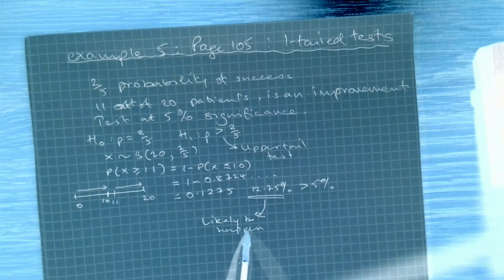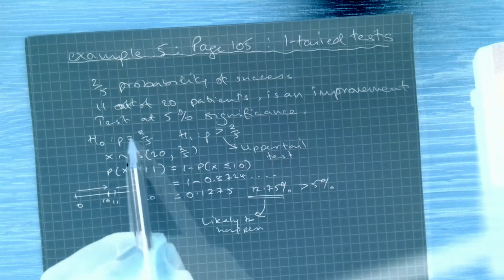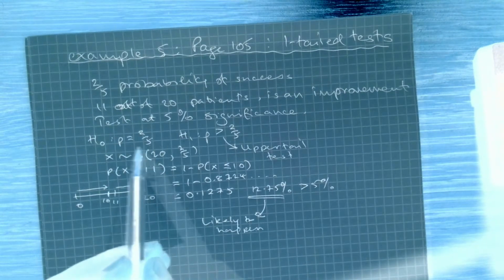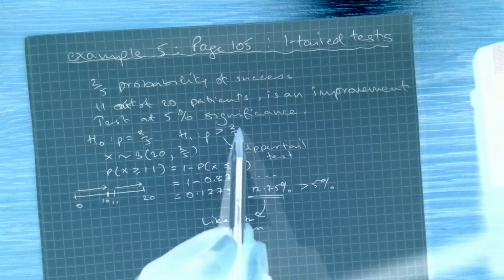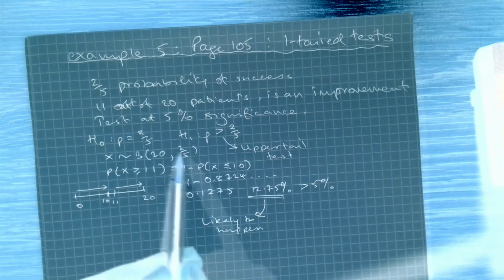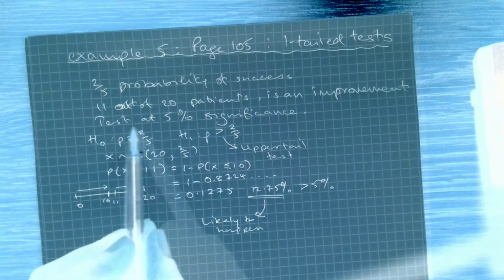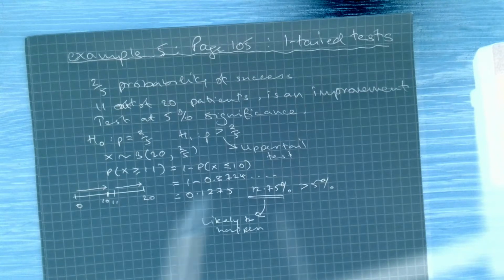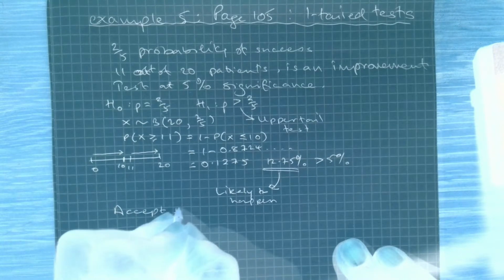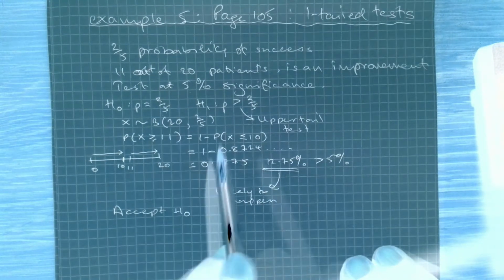Now, what do I mean by likely and unlikely? So this is likely to happen with this probability, because that's what we've just used. If this was less than 5%, we'd say that this is unlikely to happen with this probability, so it is likely to happen with this probability. Now, because this is likely to happen with this probability that we've tested, because we used it here, and we always test the null hypothesis, we find out how likely is this, and this is likely because it's more than 5%, then what we say is this, that we accept H0, okay, so because we're saying that this is likely with this probability, accept H0, so that's the first thing,